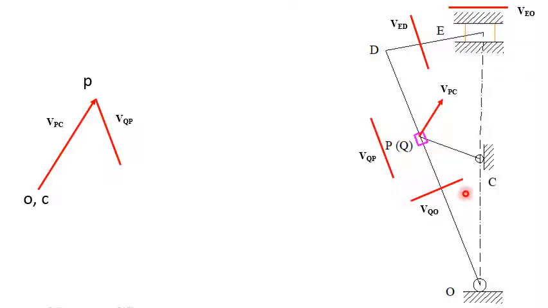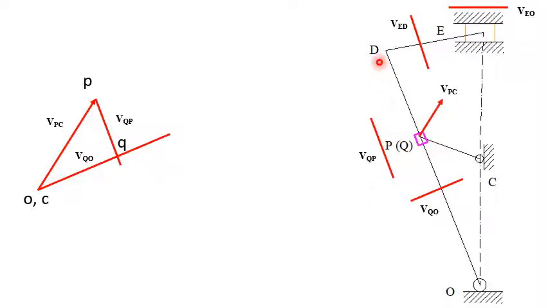We'll move on to the next velocity, of Q with respect to O. Out of this QO, O is known. So from point o, parallel to this, draw a line. For this also I don't know the magnitude and direction, so simply draw one line. This line represents velocity of Q with respect to O. Wherever these two lines intersect, this intersection point is nothing but q, because here we have QP and here we have QO, and Q is common. Therefore this intersection point becomes q.